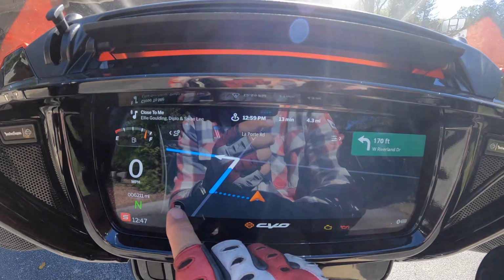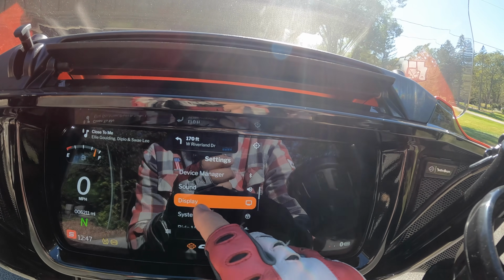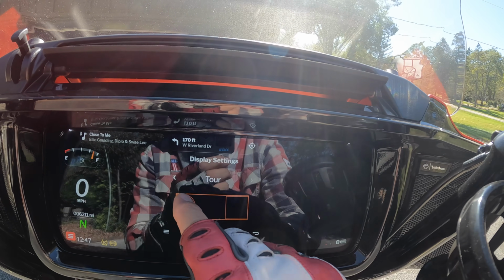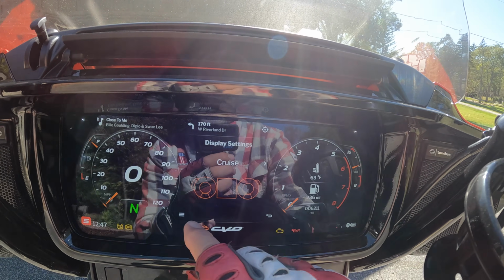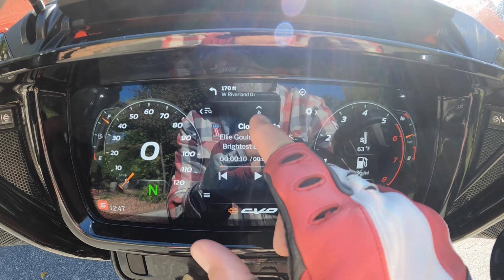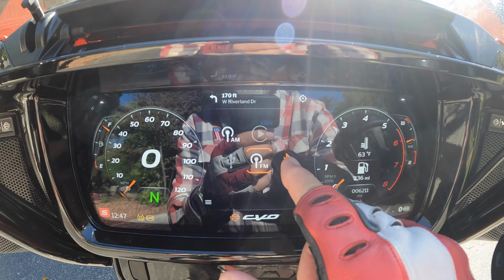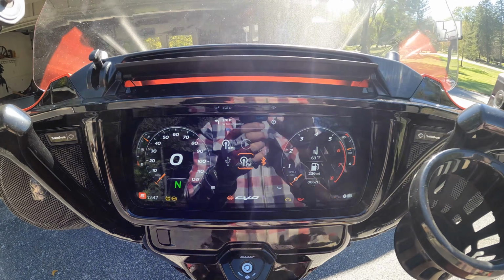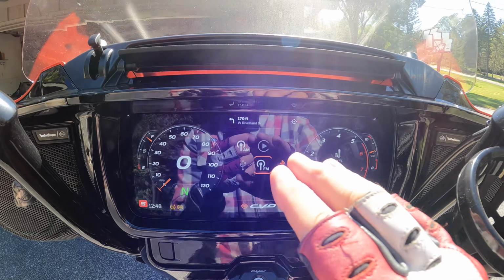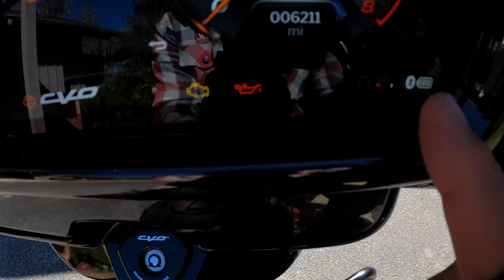And what I thought I had to do was go into here. And so if I'm going to go back in here and switch this back over to this display, I thought I had to go into here, and then normally when you start it up, it says, what do you want to play? And then I thought I had to pick Bluetooth, because that's the way the bike comes cold, right? You'd have to come in here, open that, open that, open that. Well, come to find out that just as soon as you got this light on down here,